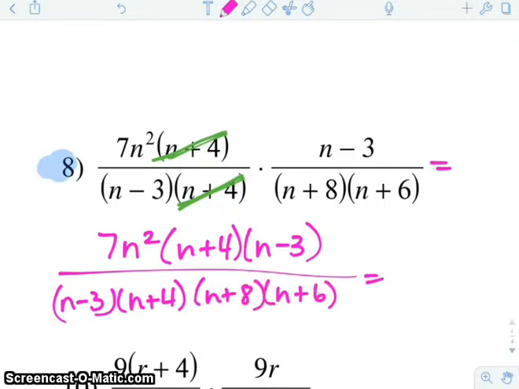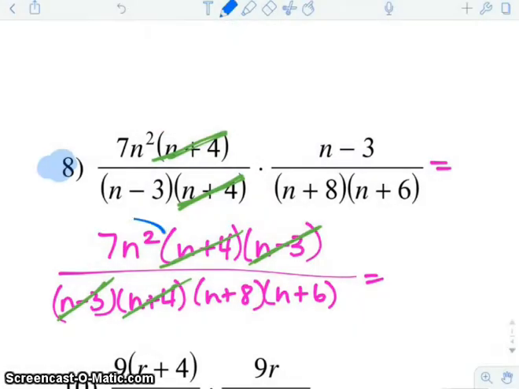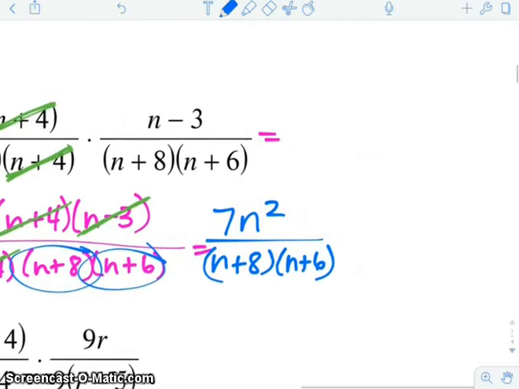So it really doesn't matter if it shows up in the left fraction or the right fraction. What matters is that it's one in the numerator and one in the denominator. So like you saw, we canceled the n plus 4s. I can cancel the n minus 3. And what I'm left with is 7n squared on the top, and then an n plus 8 and an n plus 6 on the bottom. Doesn't matter if we leave it in a factored form or if we expand it,